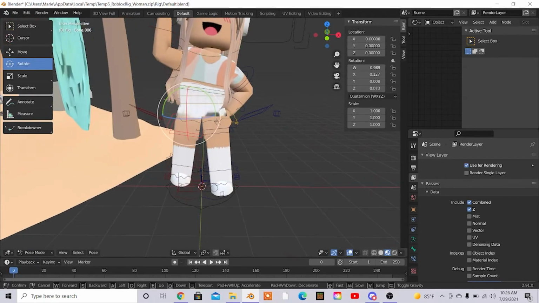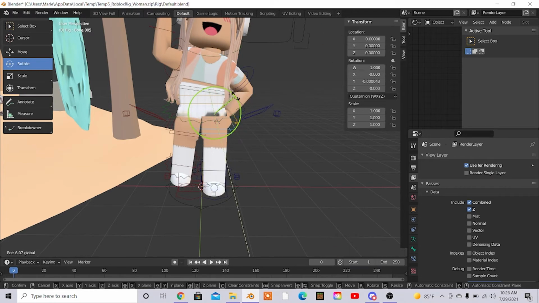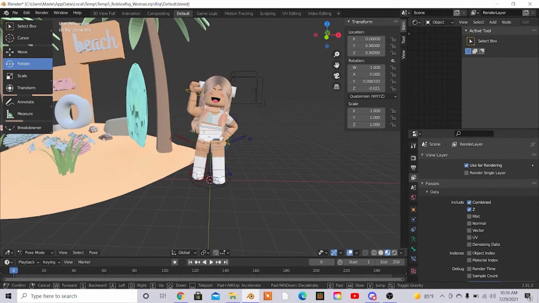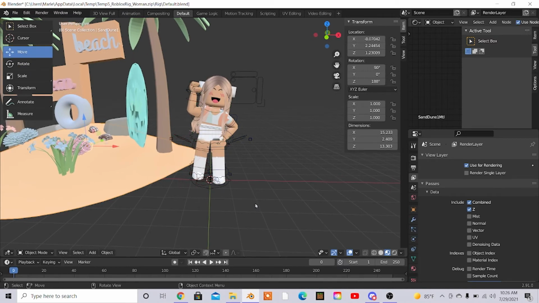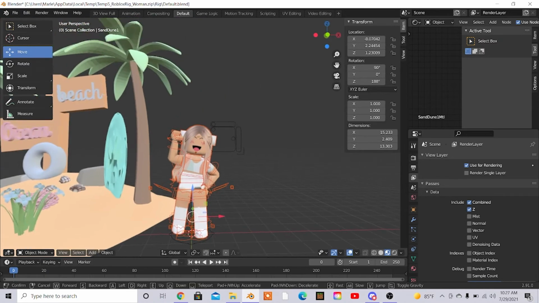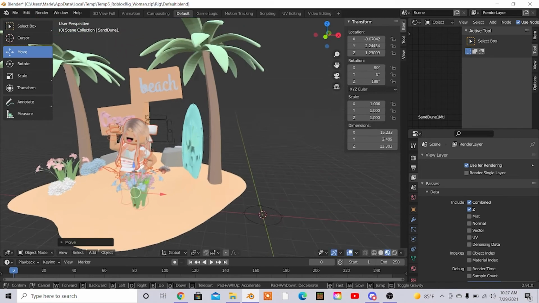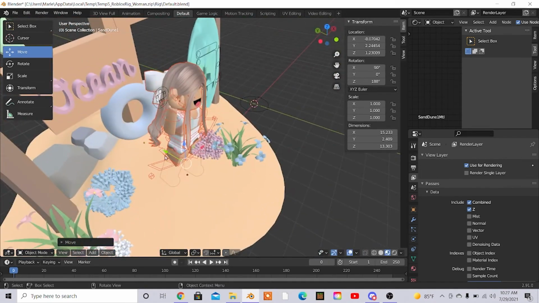So I think that this is cute, so I'm gonna leave it like that. The next thing you're gonna want to do is take your avatar, so just select the whole thing. It should automatically change to object mode, but if it doesn't, just go down to pose mode again, click it and select object mode, and you can move your character to wherever you want them to be on the room